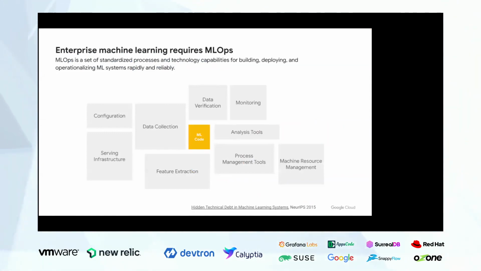Quickly moving on to the next. This is again something that most of us are familiar with from the famous paper on hidden technical debt in ML systems. So, doing enterprise machine learning is a larger gamut. Building an ML code or a script is just a small part of it. There are a lot more components that we have to take into consideration before we finally deploy a model into production.